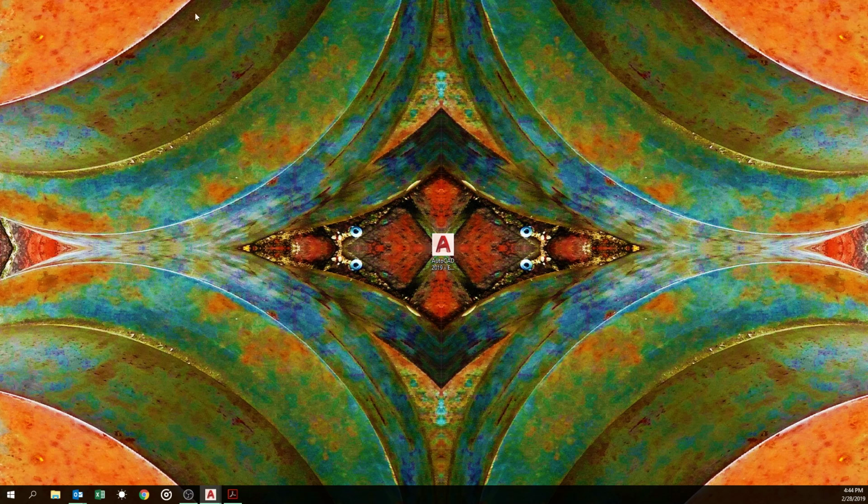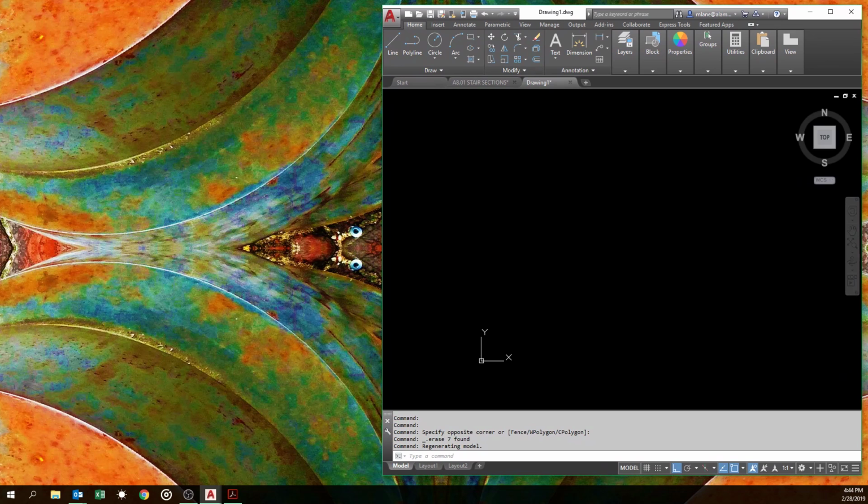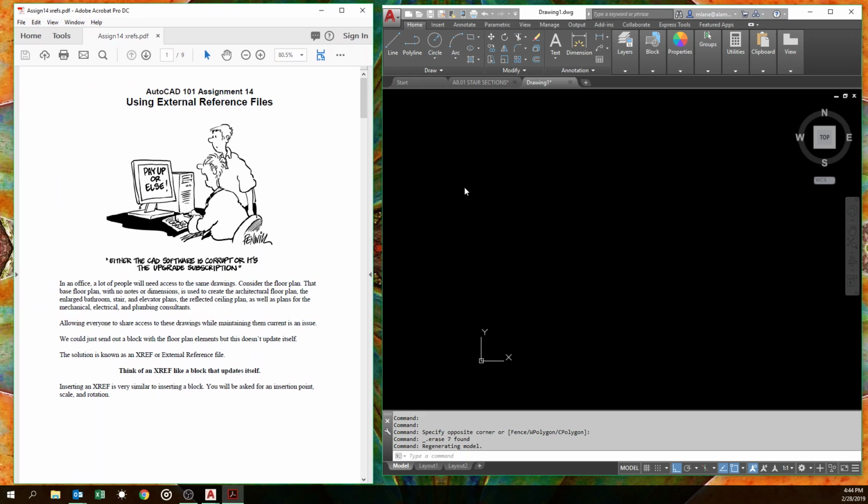Today, we're going to talk about exterior reference files. They have a tendency to scare everybody who hears about them, but they're actually extremely simple to use. They're not unlike blocks. Matter of fact, inserting them is very much like inserting a block. All an exterior reference file is, is another AutoCAD drawing that you're bringing into your drawing,